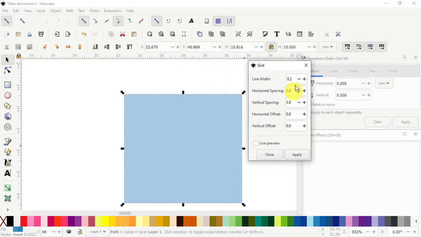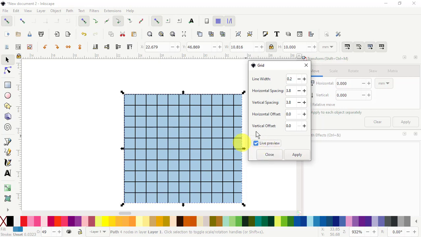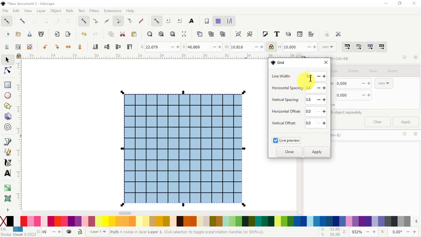So now we can apply a grid inside this rectangle. And if I go here, live preview, now I can make adjustments if I want to. So I want that one fairly narrow,